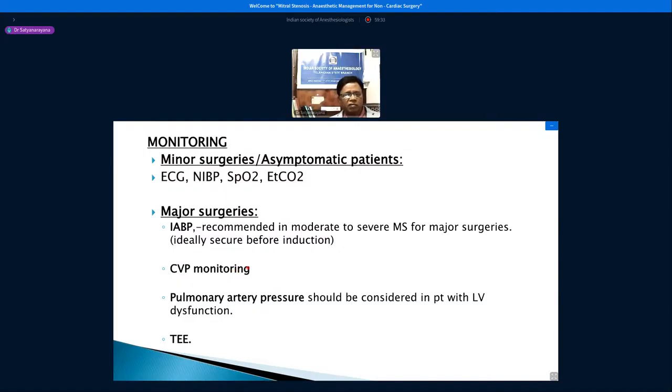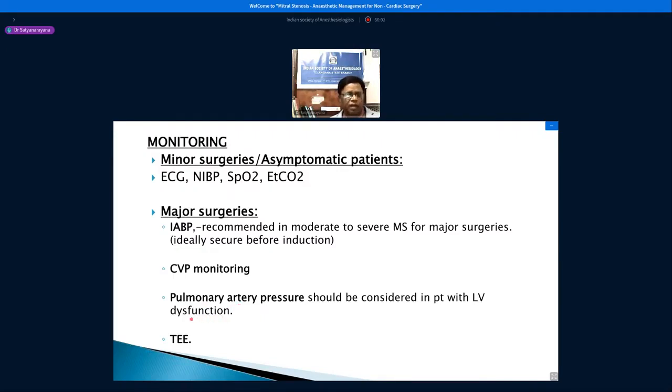So when the LV function is mild or less than moderate, then only the CVP is correlating. Otherwise, it will not correlate when there is severe LV dysfunction. For that, you may need pulmonary arterial blood pressure monitoring, considering LV dysfunction. But remember, in a patient with severe pulmonary artery hypertension, this procedure itself can cause rupture of the pulmonary artery